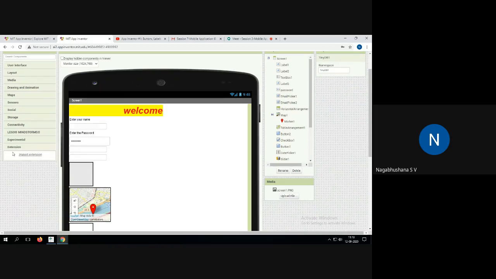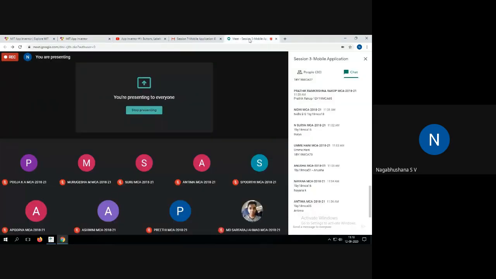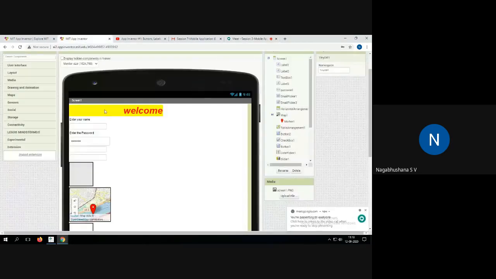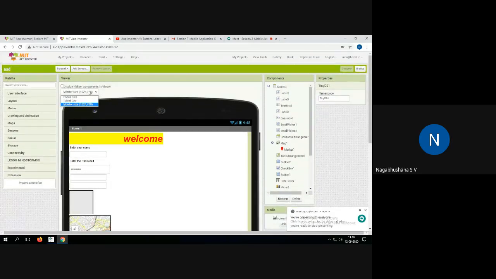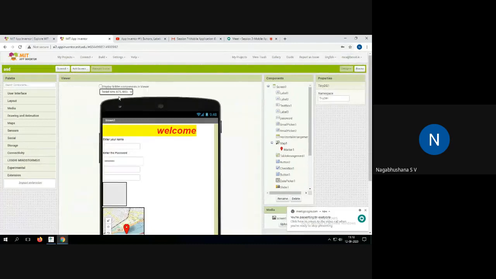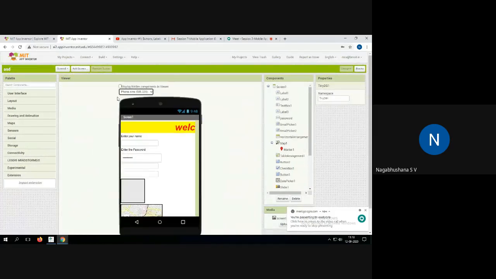And there are a lot of extensions available, which work just like plugins, and depending upon the kind of devices that you are using, you can use these. So this is all about designing the front end. You can just design the front end option here.